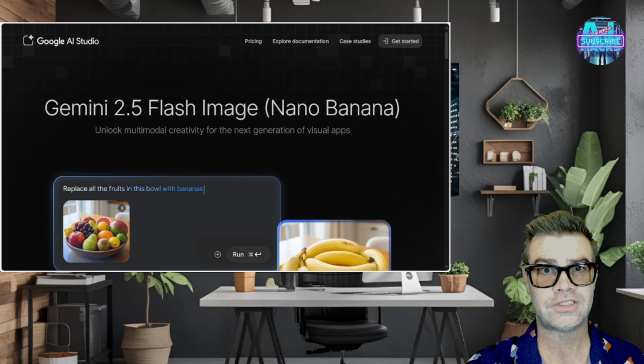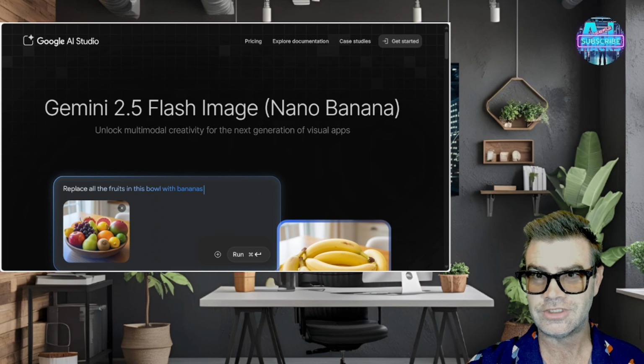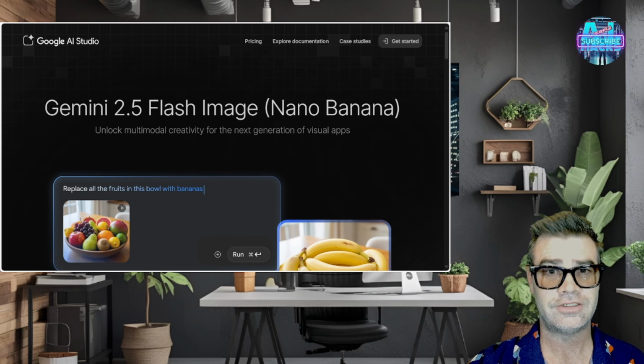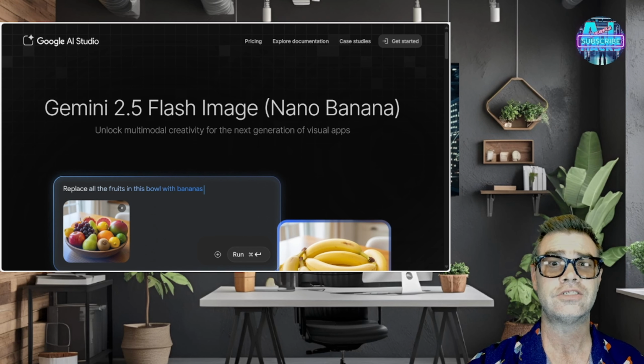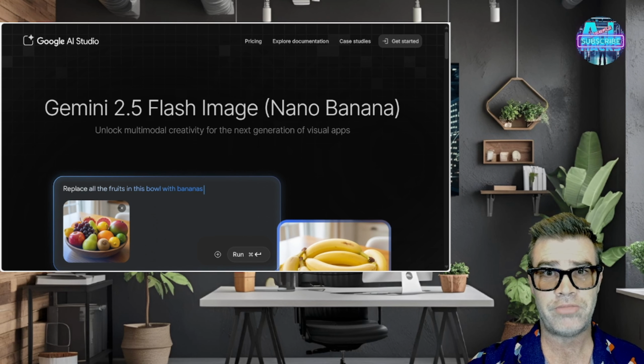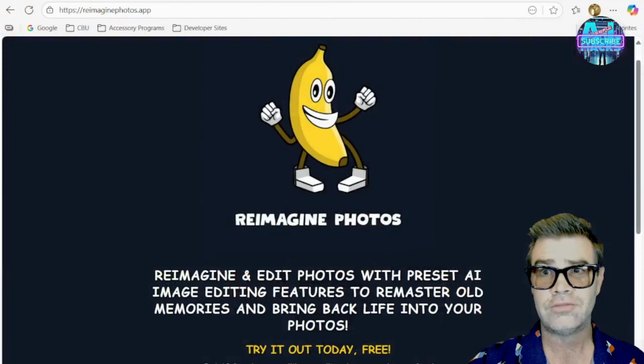I came across this app and I just have been hooked on it. Of course, Nano Banana is freaking awesome, as all you guys know. And so, let's say I'm not a master prompter. Are you a master prompter? Well, guess what? I found an app where it really doesn't matter if you're a master prompter or not, because